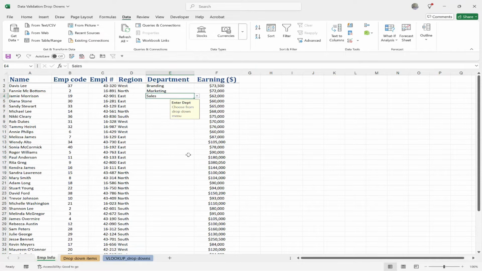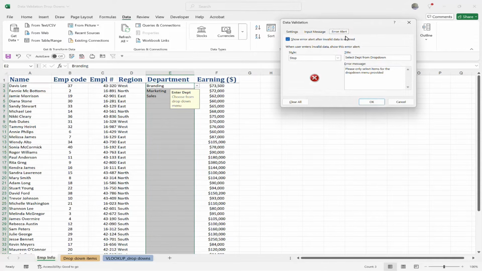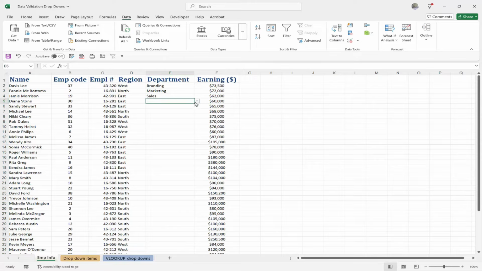All right, fantastic. Now, if you didn't want this to show up for every single one, then you can easily get rid of that because this could start to get a little bit annoying after a while, or at least a little bit repetitive. So very easily, all I need to do is highlight everything once again, go back to my data validation, and then remove the input message just simply by unchecking this. Click OK, and now that goes away. I still have my drop downs, I just no longer have